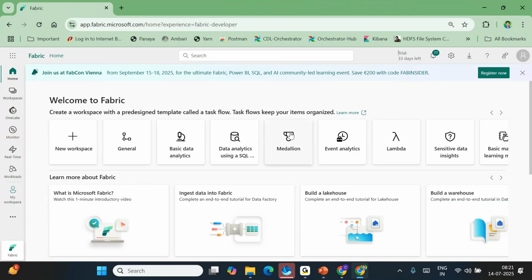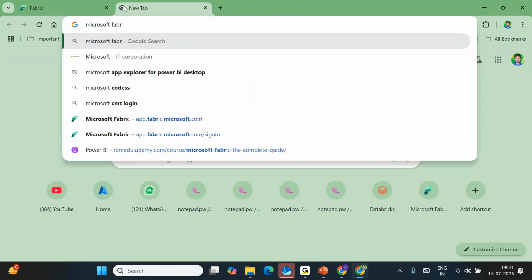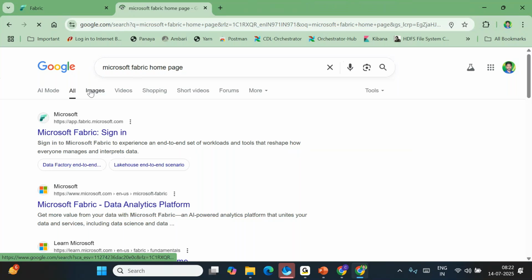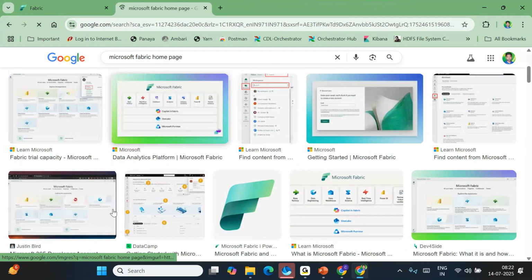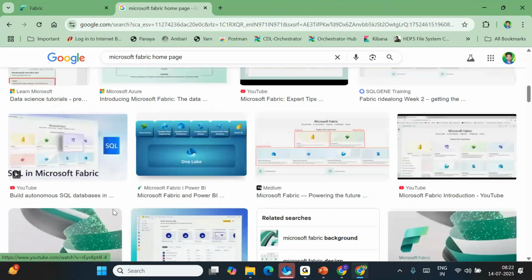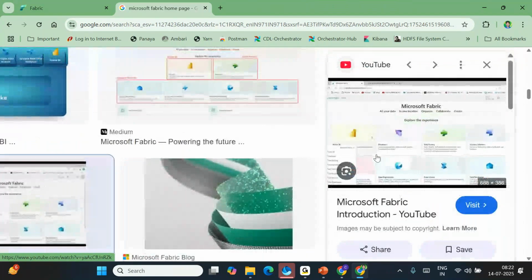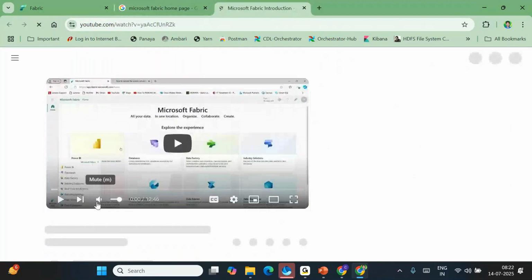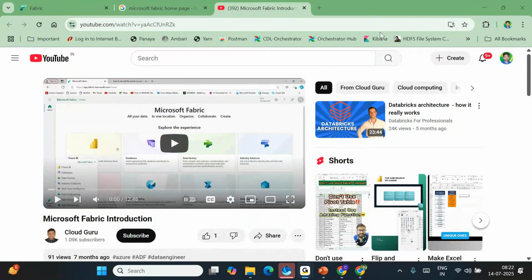Now, what I wanted to do, earlier it used to be, so I don't want to talk about earlier stuff, but just to show you, the Microsoft Fabric homepage. See, earlier the homepage looked like this. Yeah, this is perfect. You are able to see, right? Oh, sorry, this is some YouTube video, also fine. So you can see here clearly, right?